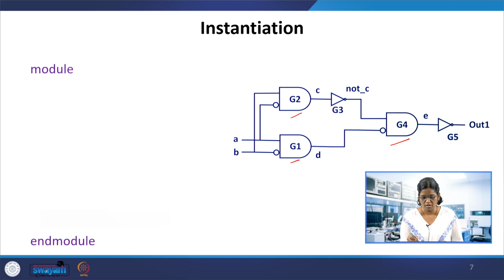So the instantiation, how are we going to do it? This is not a gate which is built in. The built-in gates would follow the first format we have learnt just now, and the second format is dot port and then the expression, the local expression.